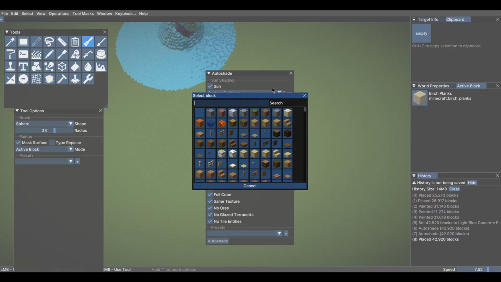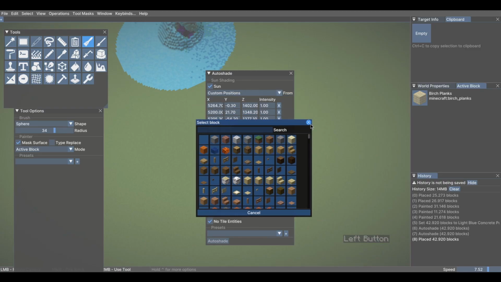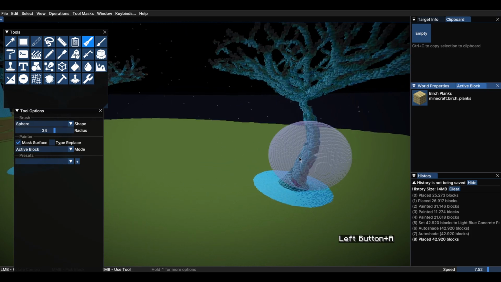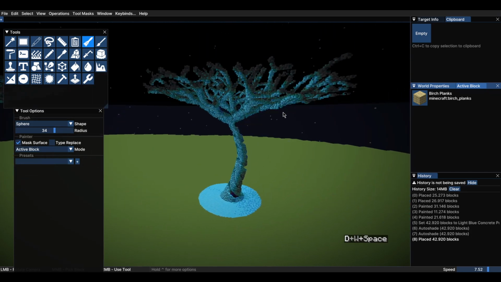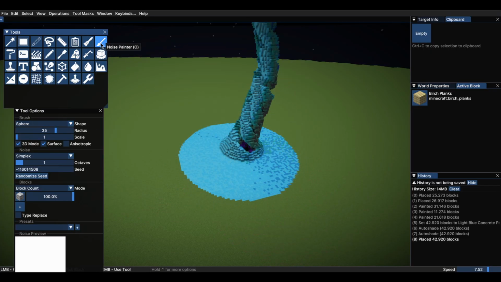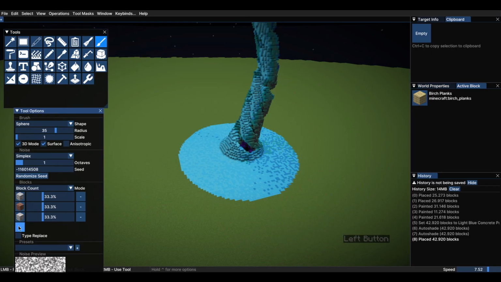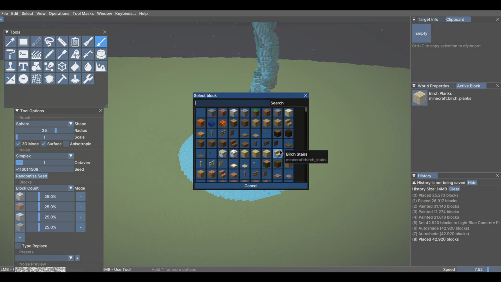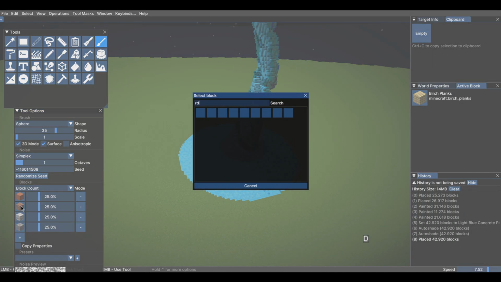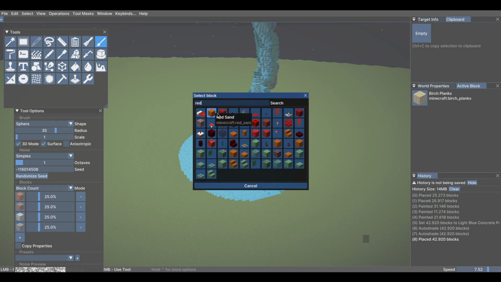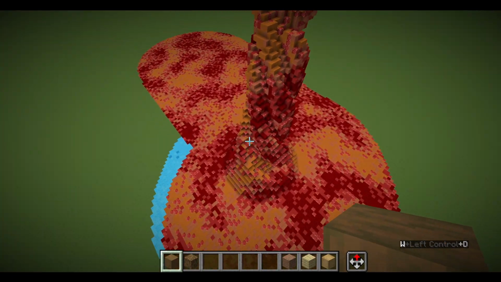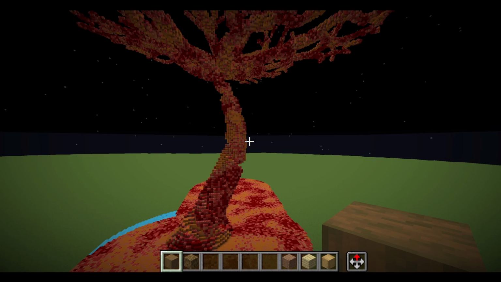Now let's try a different way. I just copied the tree, so this is the one we made before, this is the one we are working with now. This one will use the noise painter. Let's pick what color, red. Yeah, we will now do a red tree because why not? As you can see, this is pretty random, and this one is definitely a very lazy method,